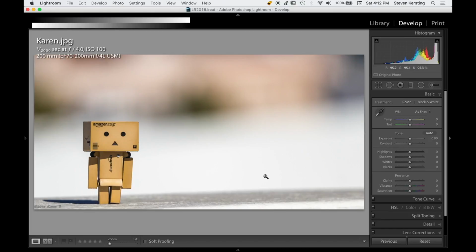Alright, we have an image by Karen, and I forget what this guy's name is. Anyways, we've got 200mm at f4, so again, wide open. Really, when you go to the longer focal lengths, take advantage of it. Stop down for sharpness. That's part of the reason for going to a longer focal length. Yes, you're negating a little bit of that additional background blur, but not nearly as much as you've gained. So when you go to the longer focal lengths, use that to help you and allow you to stop down